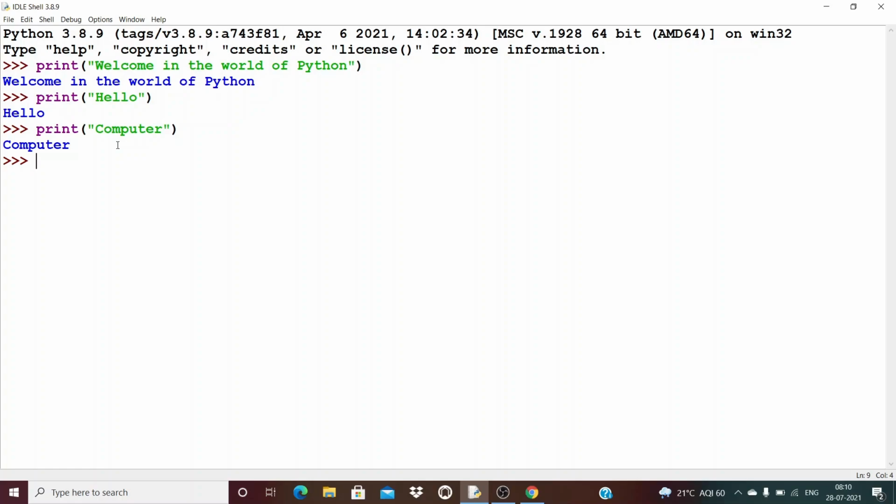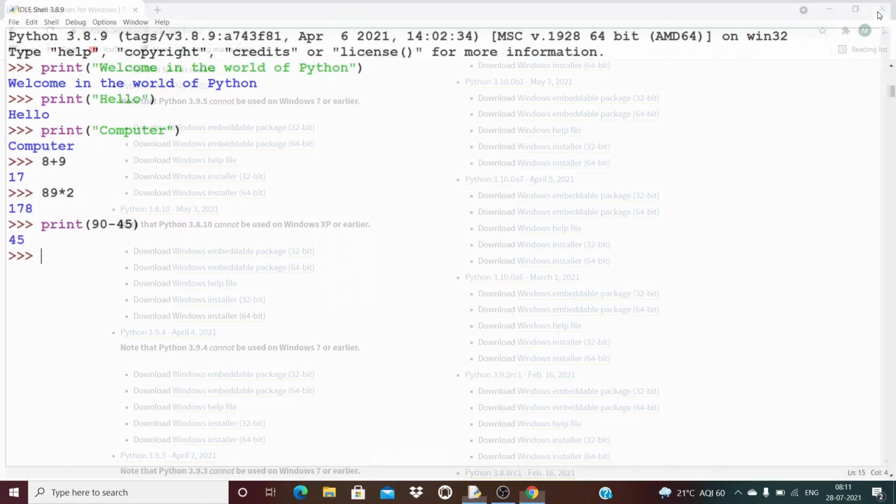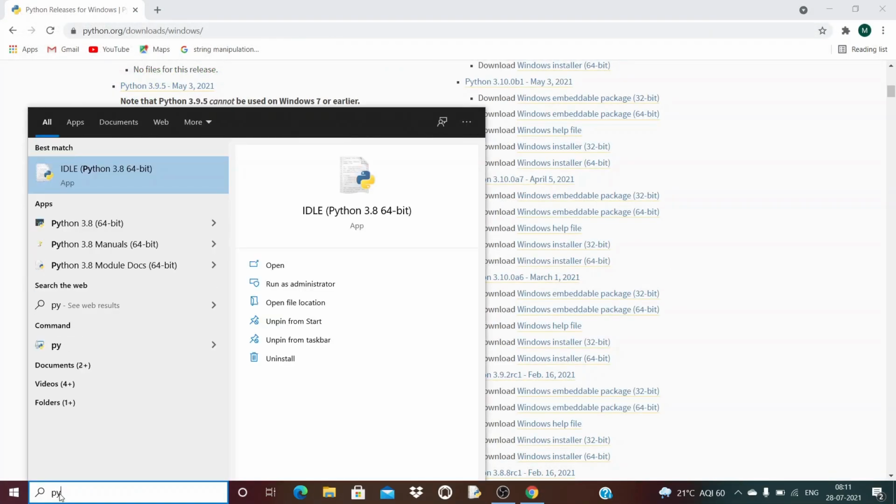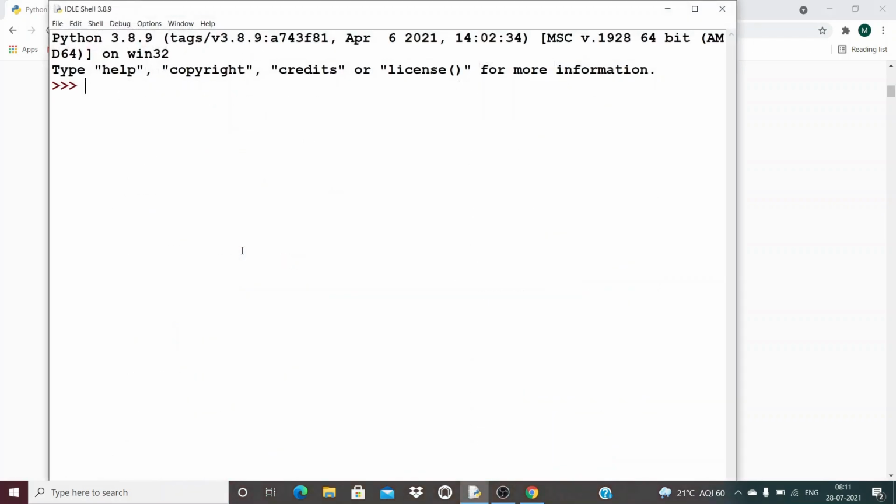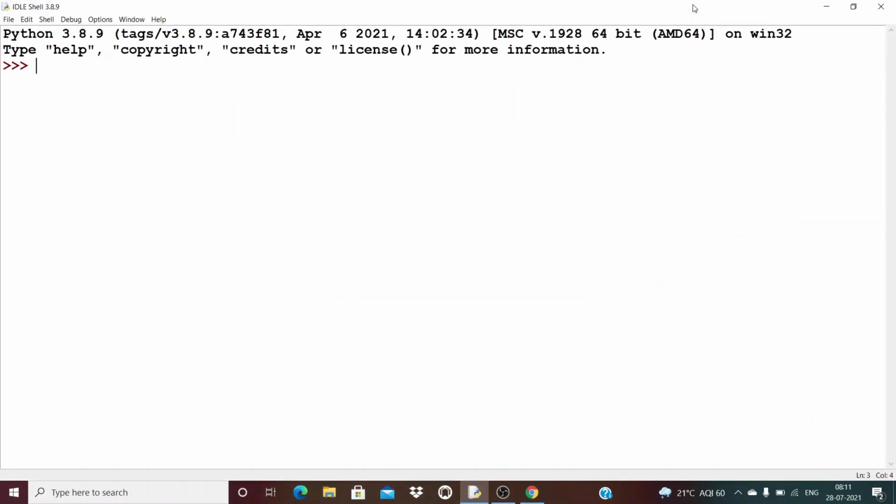Along with this, in the interactive mode, if you don't write print, it will still give you the result. Like you can check, I have used one calculation here. Suppose I am doing this, it will show. So print will work in the interactive mode, and without print also you can work here in the Python interactive mode. But using the interactive mode, it will not be saved for future use. If I close it and open it again, you'll find that whatever work I did just now has vanished, washed out or deleted.